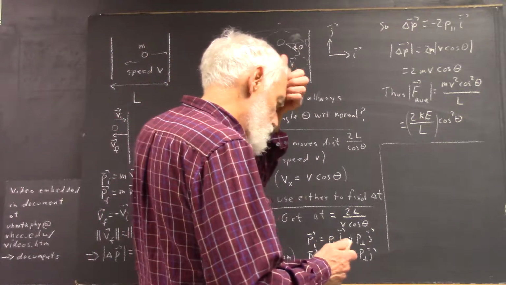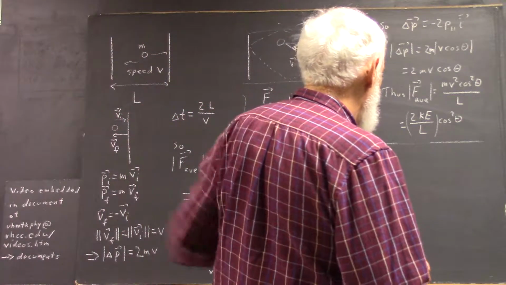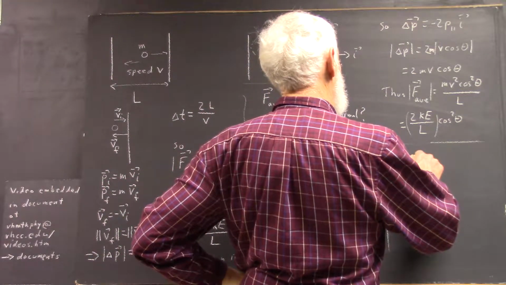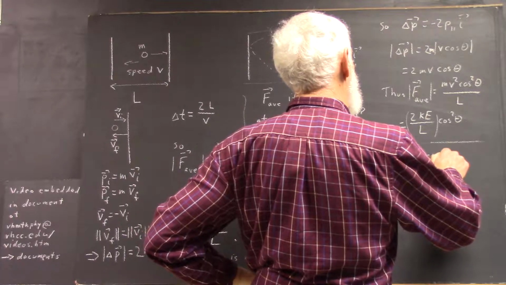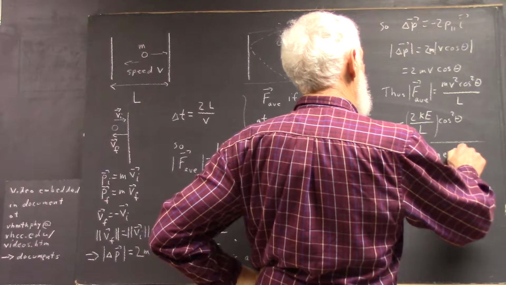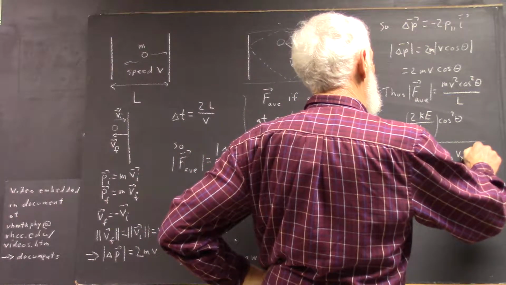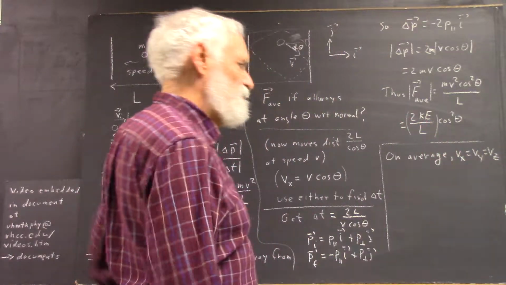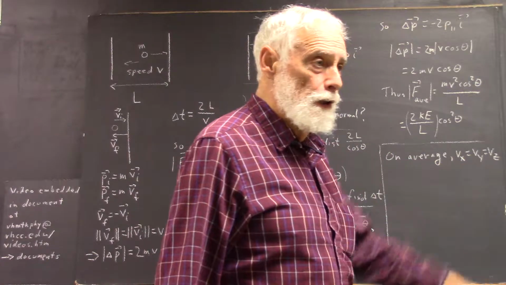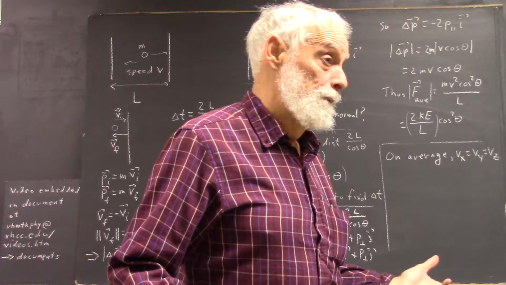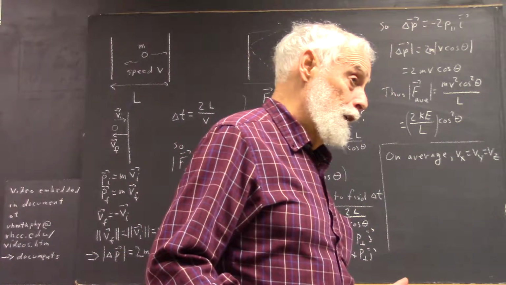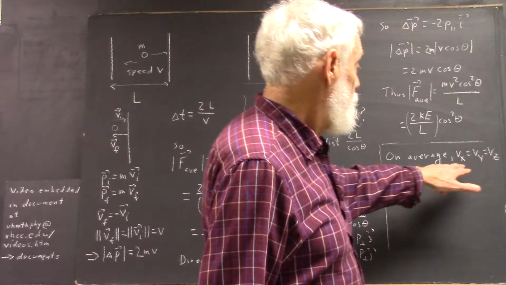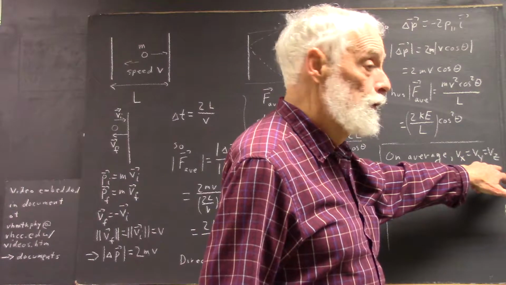But what we can say here is, okay, that on the average, your velocity in any direction of space will then be the same. Okay? So if on the average Vx equals Vy equals Vz,